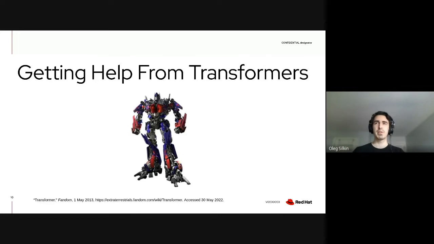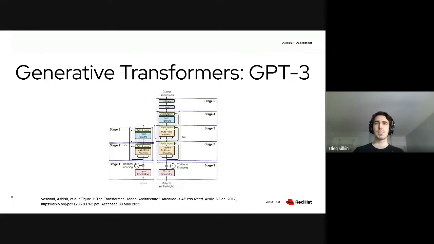Well, that's where you can get some help from transformers. And we're not talking about the kinds that turn into cars or try to kill you, but specifically generative transformers. This is a broad range of various models, but we're specifically going to be talking about GPT-3, a model released by OpenAI. They expose it through a private, paid API. Essentially, they have a 175 billion parameter model, which uses various mechanisms in order to actually do sequence